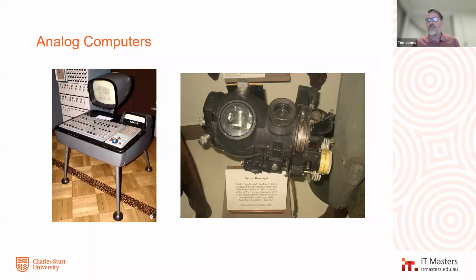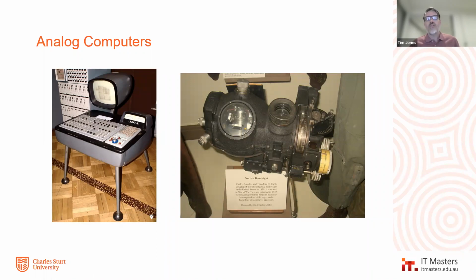It utilized analog, or what we mean is variable inputs to be able to work out answers. So it was much more an electronic version of one of those adding machines that we saw earlier, rather than a digital computer, which we use actual programs or the ability to build something larger and general purpose out of how it's used. The one on the right-hand side is the Norden bomb sight.